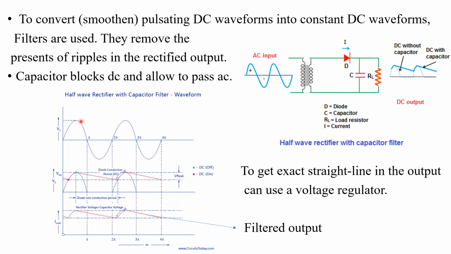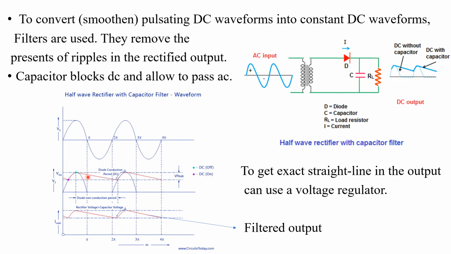during the positive half cycle, the capacitor will start to charge. This red colored portion indicates the output waveform with the filter. So during the positive half cycle, the capacitor charges to Vm, the maximum voltage. The capacitor will be fully charged. Then it will start to discharge when the voltage decreases,